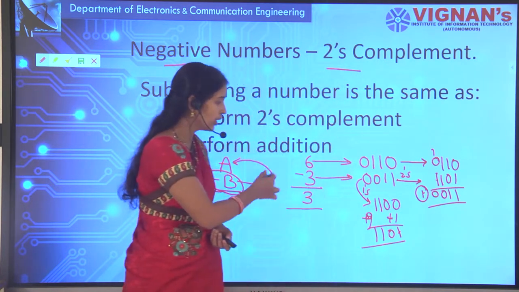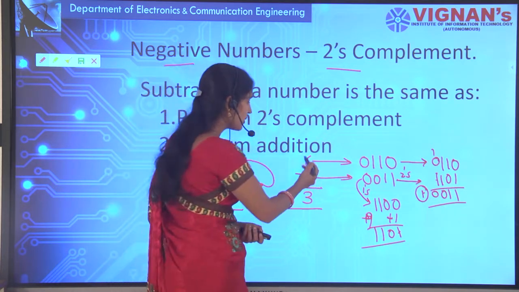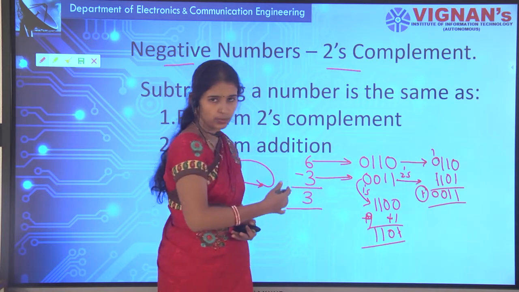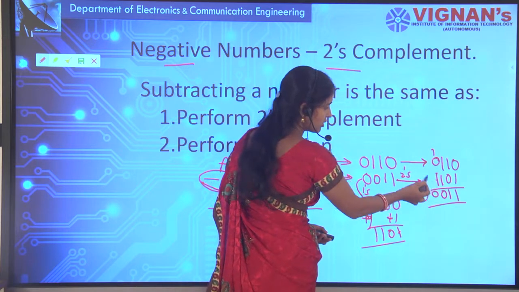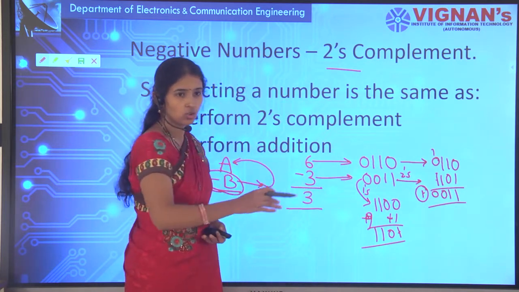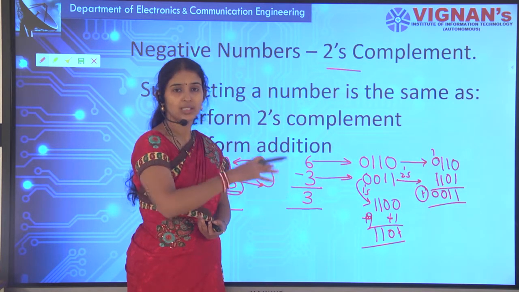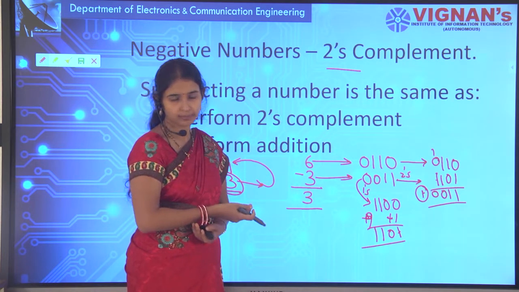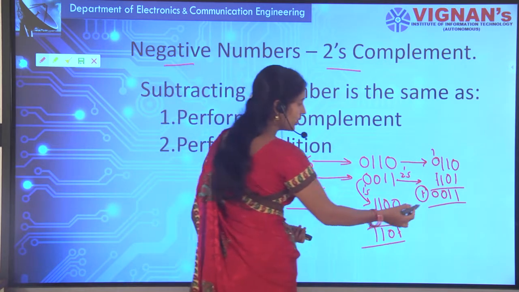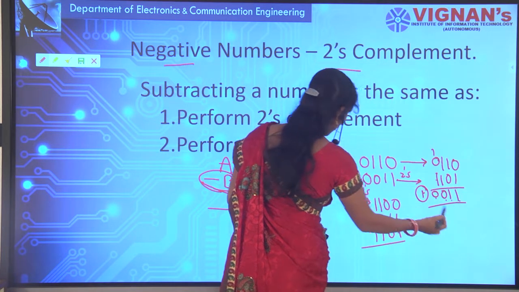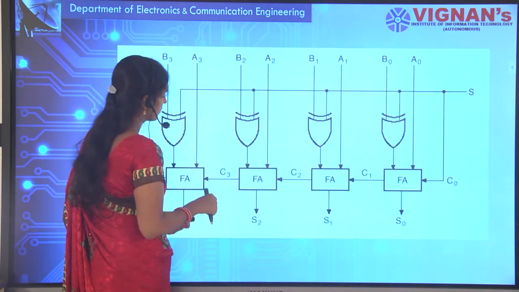See here, we have been doing only additions, we never did a subtraction, the way you would subtract 6 from 3 normally. In binary calculations we did not do subtractions, we just added. Everything we are doing is addition. So in order to reduce the circuit complexity, we use the adder as a subtractor also. By taking the 2's complement of that number, 0011 indicates your 3.